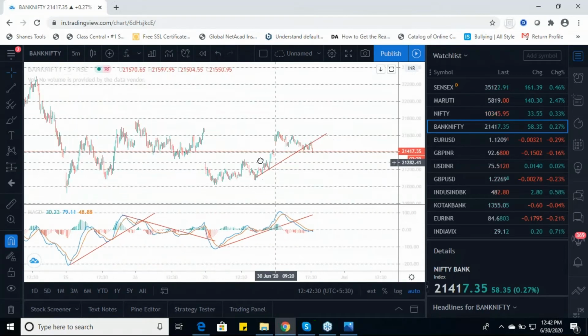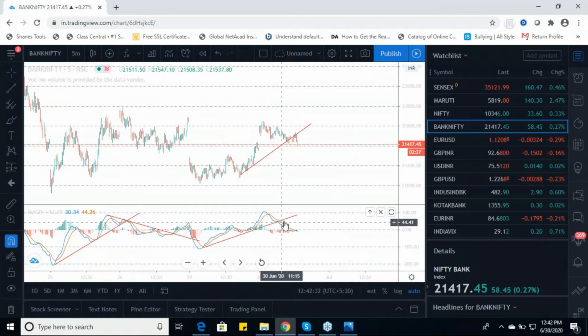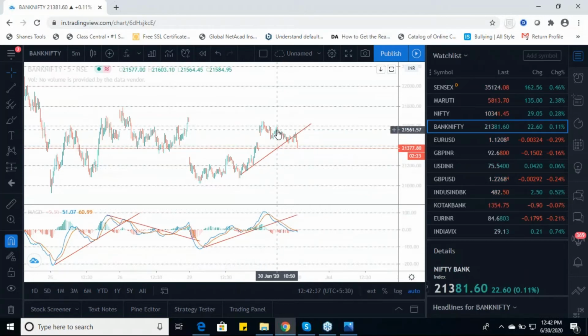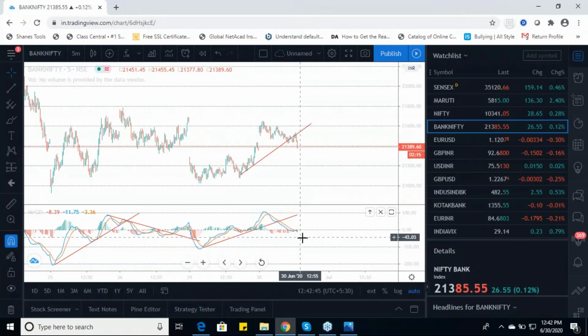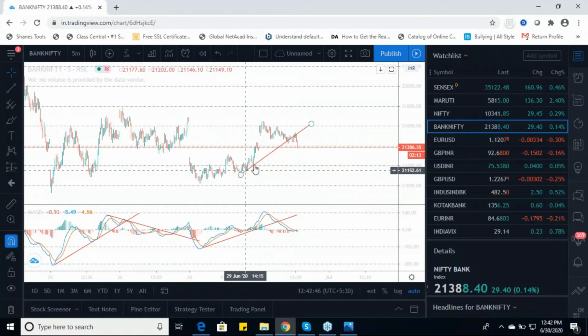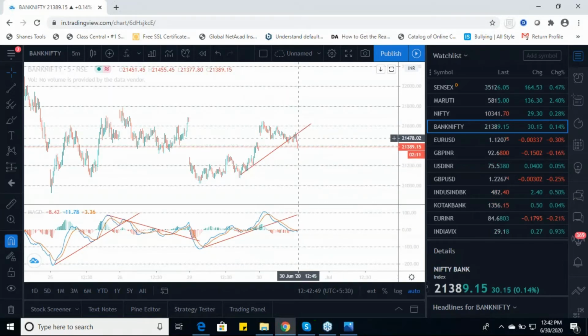As far as the MACD here is concerned, we can see that the MACD trend line has broken down, and from there the selling has been more severe. So from that level of 21,600, the Bank Nifty has started falling down, and you can see that the signal is going further deep down. As a simple theory, if the trend line is weak, it will again touch down to the level of 21,200 and then further to the level of 21,000. So that's how the Bank Nifty is showing a clear-cut trend.